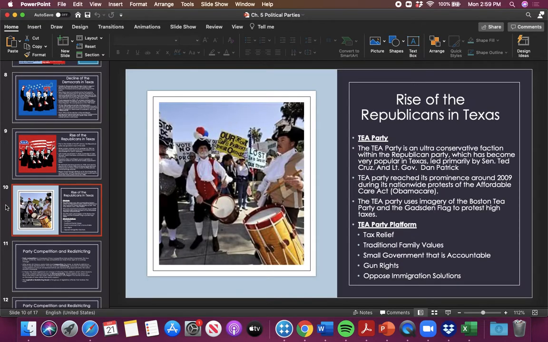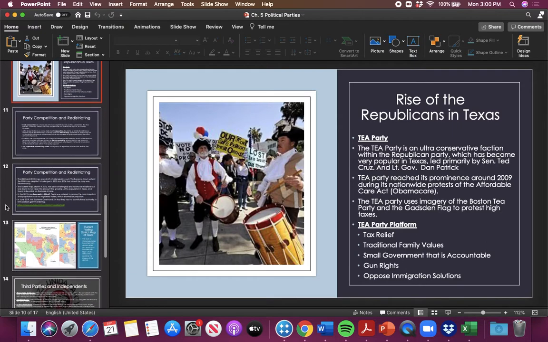And then in the 2000s, we get an even more conservative branch of the Republican Party. Some of you may remember this, but the Tea Party comes to prominence during President Obama's term in office. The Tea Party, it's an acronym, TEA, stands for Taxed Enough Already. And so they use this iconography of the Boston Tea Party to essentially